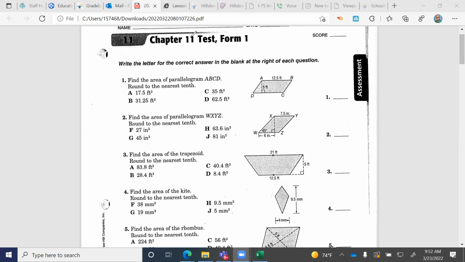I'm going to let you use that for the next few weeks as we're doing problems, because most of the formulas that we're going to do for both surface area and volume are going to require you to do some type of normal area formula first, or as part of the equation. The paper I gave you yesterday was a review from chapter 11 of all the areas that we had done. I'm going to go through not all the problems, but the first